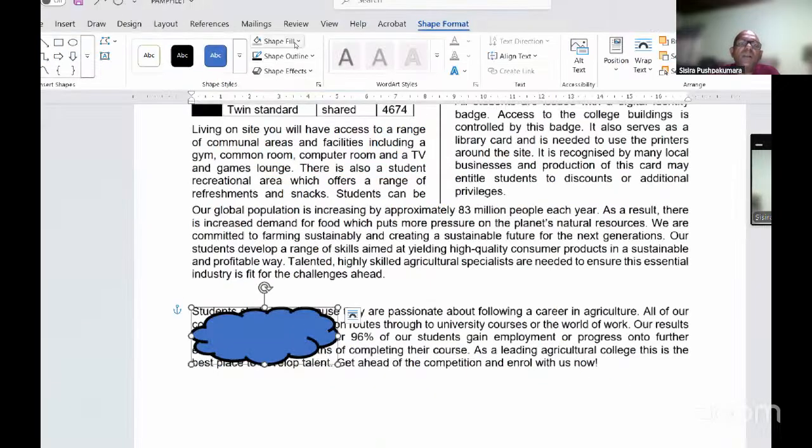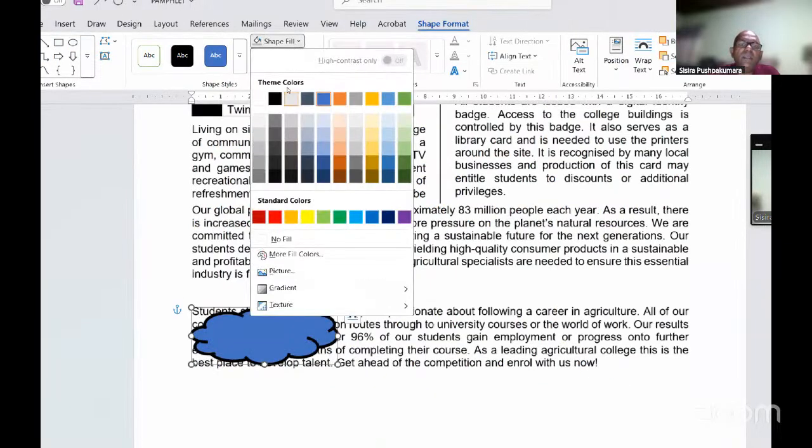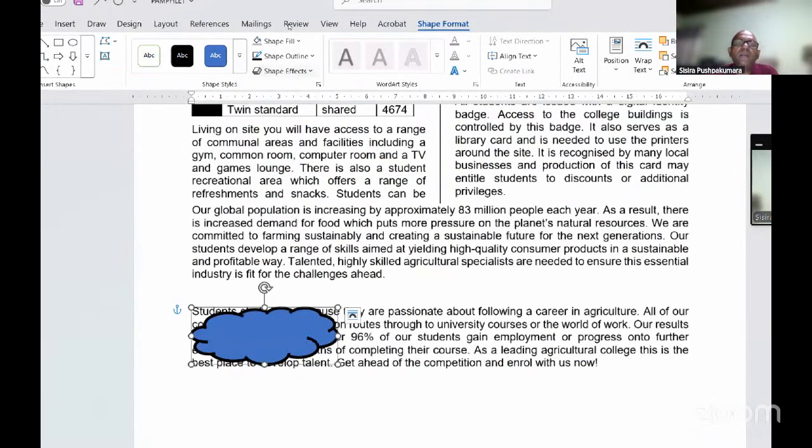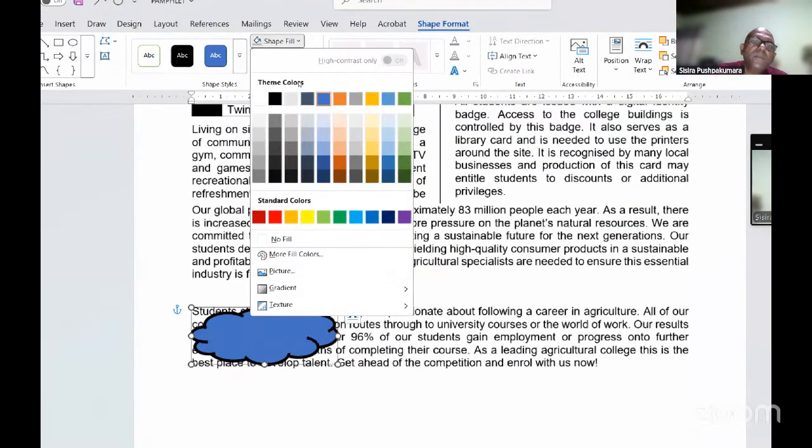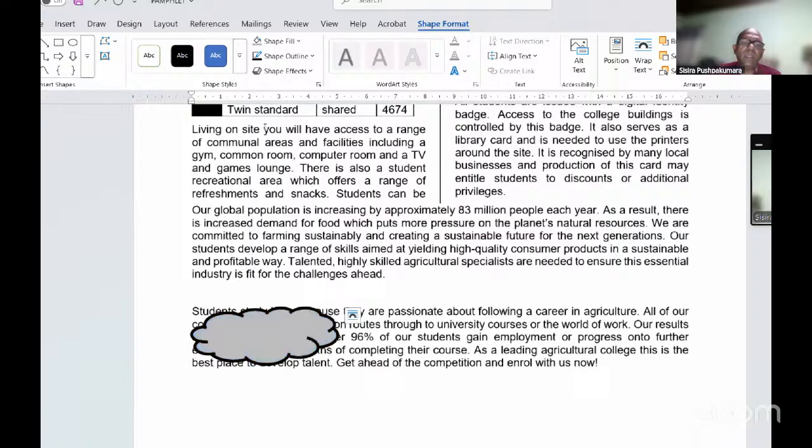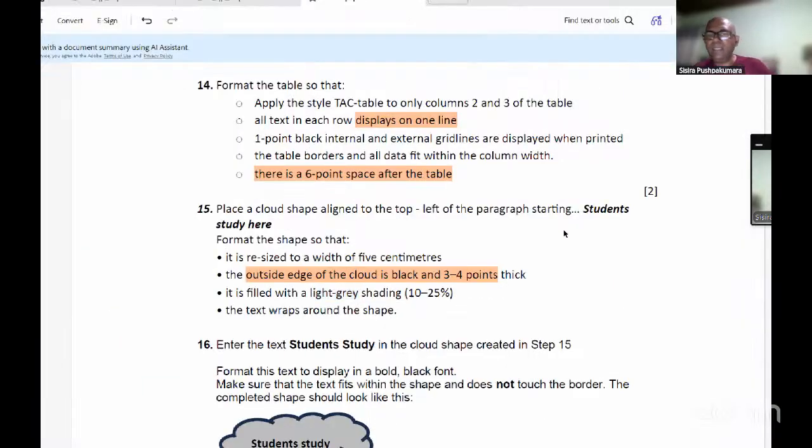Then it is filled with a light gray, shading 10 to 25. Okay. Now go to the shading. It says 10 to 25. Let's see what this is. Come over here. 15. It is 25. 10 to 25. So this is much better. Let me click on that. Right. So always when you're selecting the color, if the color ranges have been given, slowly keep the mouse